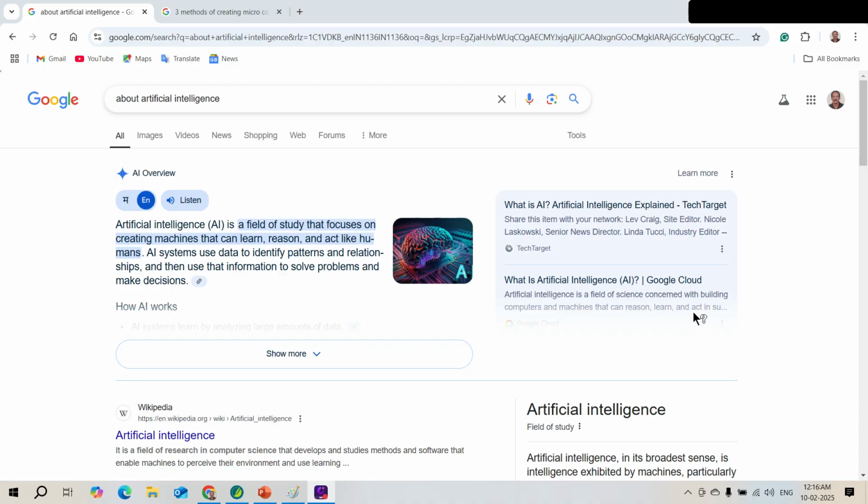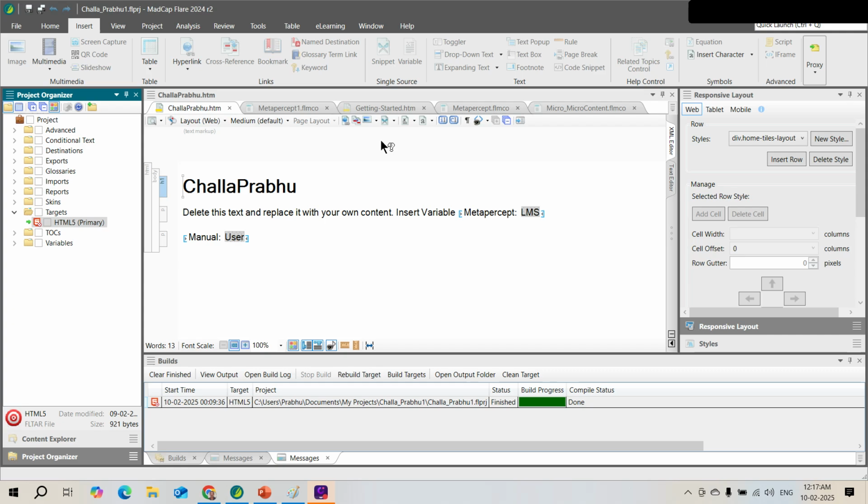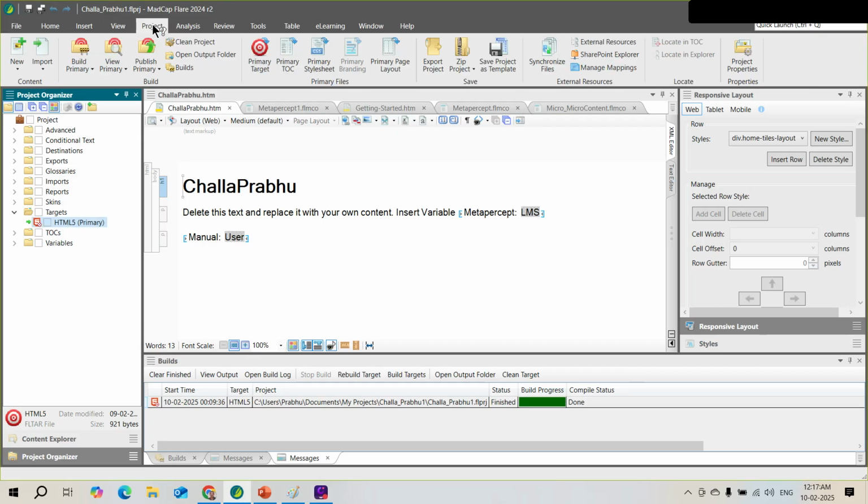So this is done at the target editor level, which means at runtime. Okay, let me show you that. So I am in the target, in the project organizer. HTML 5.0 is the primary. Now how do I know it is the primary? Someone should be asking, why is it called a primary? Because whenever you go to the project, when I click on Project on the main menu and go to the properties,